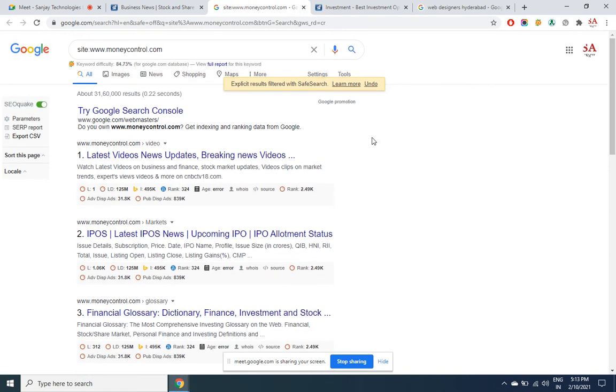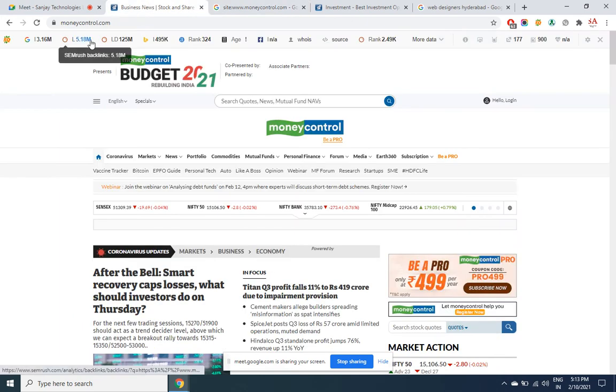Not just reading the parameter, you should also know how to use this parameter. Whenever you have targeted a keyword, after doing a lot of keyword research, you might have shortlisted 1, 2, 5, 10 keywords. You have to enter the keyword into Google and see what backlinks the top pages have got. For the top 3, top 5, top 10 rankers, you have to see how many links they have got, which is your parameter number 2, which is links. How many backlinks the page has got.